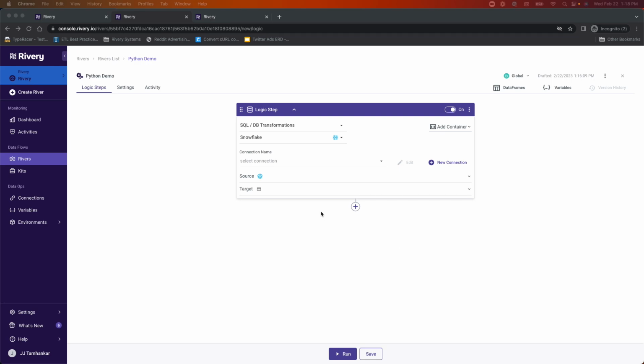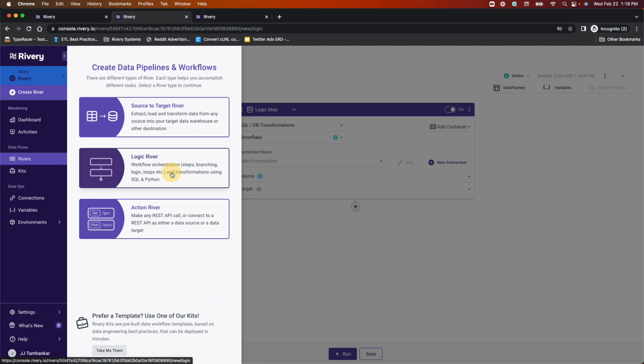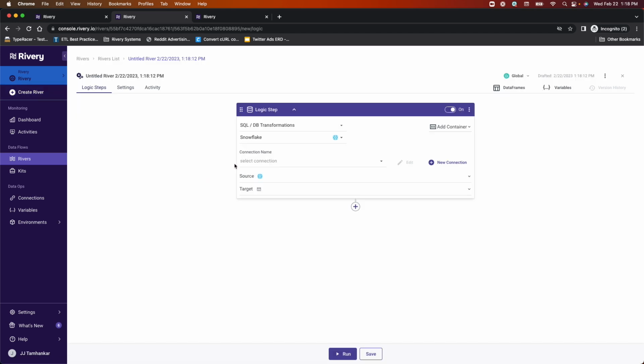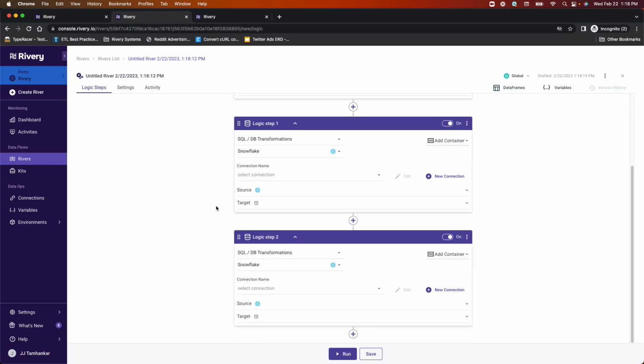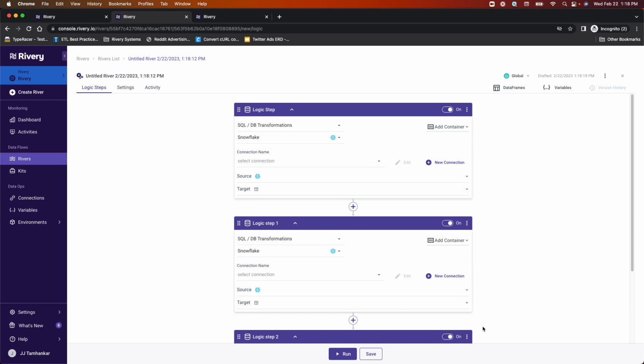Hello, everyone. Today, we're going to demo the Python and data frames capability within Rivery. In order to utilize Python in the platform, you have to go to create a logic river. Within a logic river, you have a series of different steps that you can take in order to build out your data transformation processes. The steps that we're going to focus on are the SQL query steps and the Python